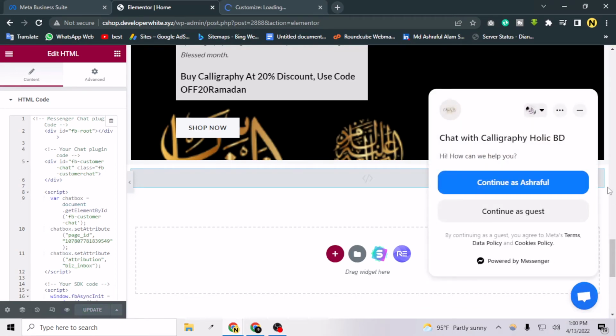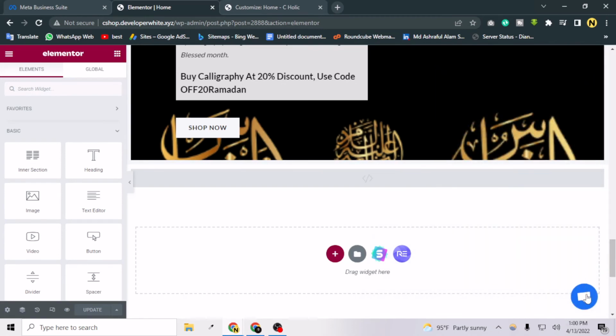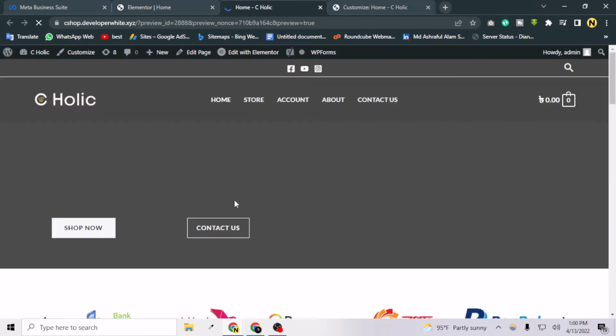Okay, as you can see, this is the name of my page, and I can message from here to my page or message as a guest to my page. So this is the live chat option, and if you want to keep both, you can keep both, but if you want to keep one of them, you can also do that. So let's take a look at the